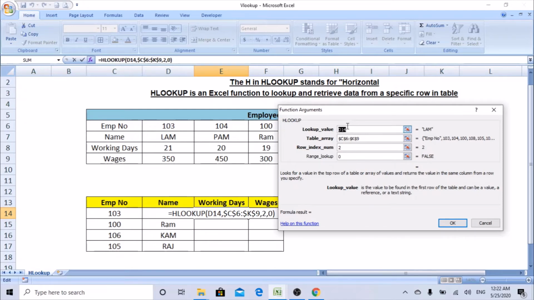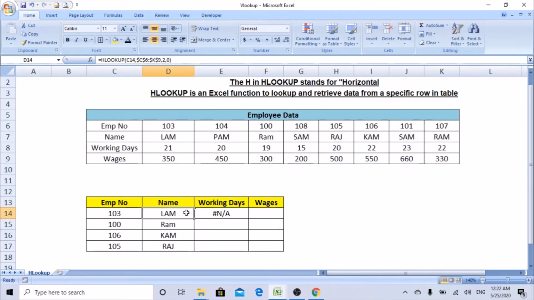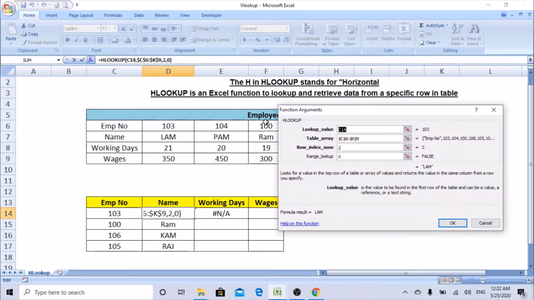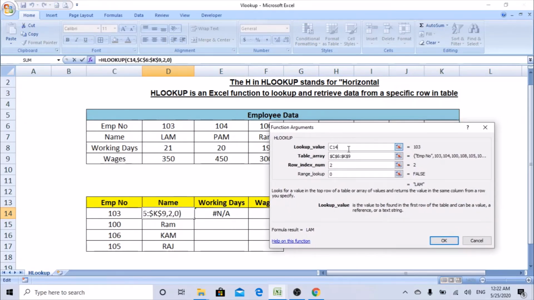For that you can see the name it is taking, but we are searching on the basis of employee number. So we need to change it to C to get this. But I can't go and do every time selecting this for changing the cell. So what we can do, go here, click on this function box in this cell. We need to lock this C column.